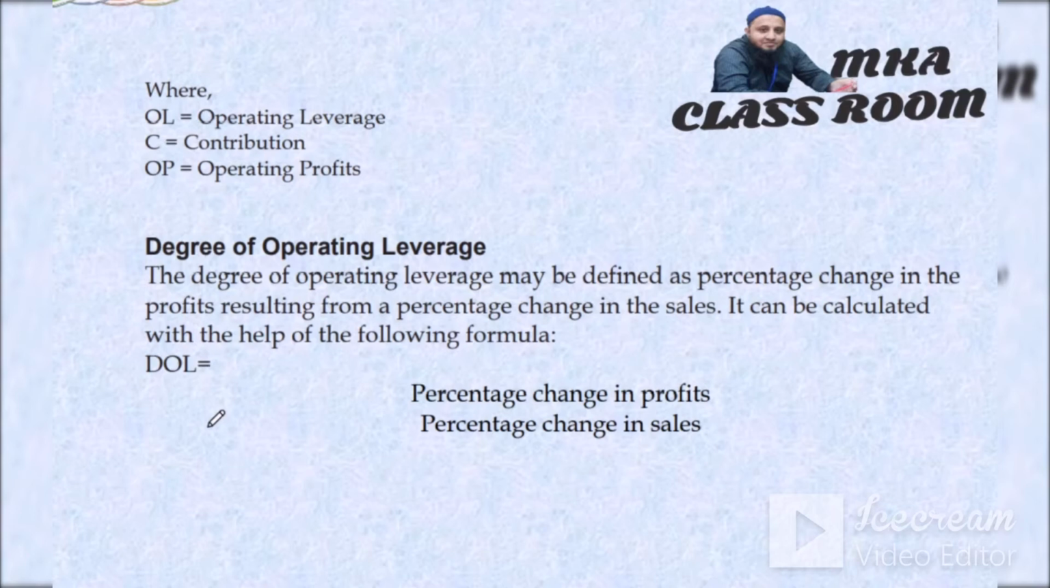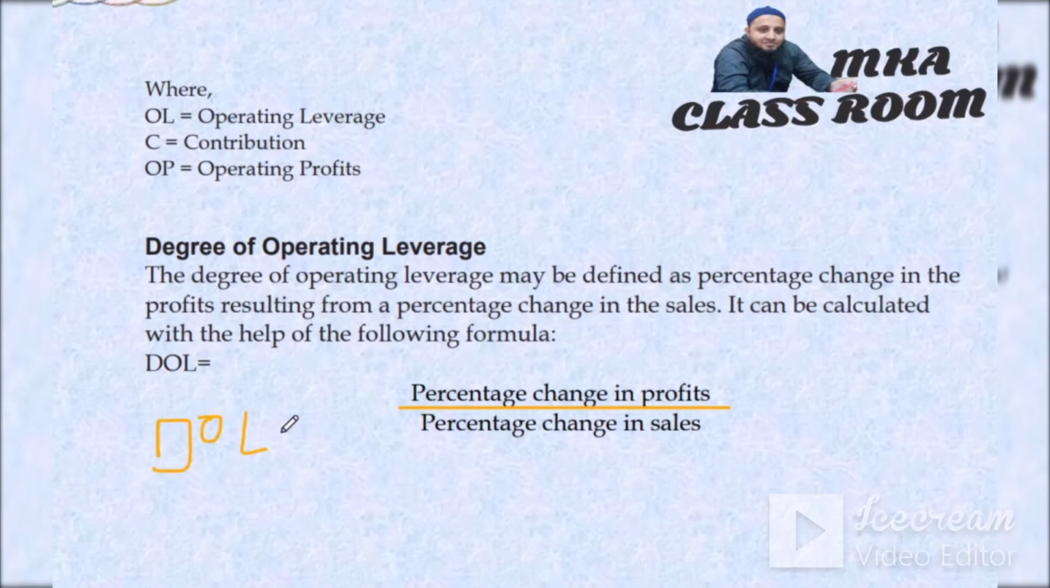Percentage change in profit by the percentage change in sales. That is the degree of operating leverage. So degree of operating leverage may be defined as the percentage change in the profits resulting from a percentage change in sales. It can be calculated with the help of the following formula: